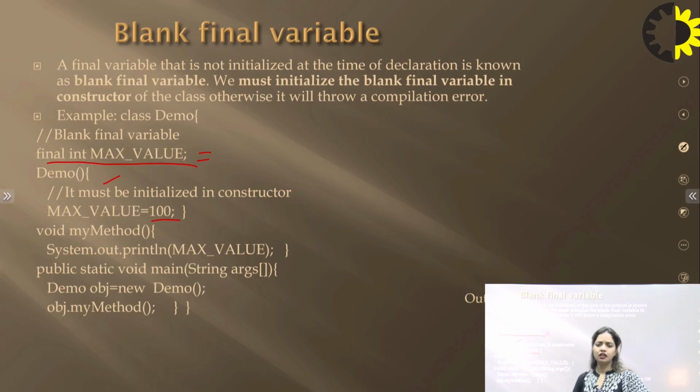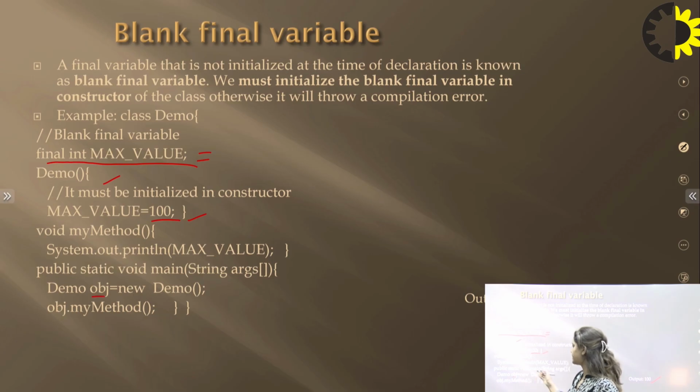That is possible in Java, that during declaration we are not assigning any value, but in a static variable it is not possible. When you are creating a static variable, you have to define it also. Defining and declaration separately is not allowed for a static variable. That is one of the differences between final and static, but in final it is allowed. So here we are just declaring max value to be a final variable, and then we are assigning its value inside our demo function. So that is possible, and error free output will be obtained as 100, as we are just